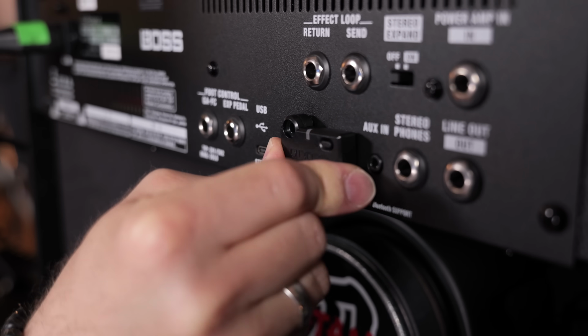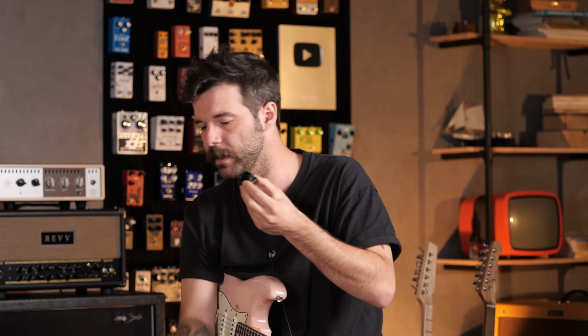Super small. It's a very big connector that lays flat on the back of your amp, so there's no chance of ripping that off or anything. You even get a little mounting screw, nice, that's already put in the amp. So that's optional. You can get that, but basically what that unit allows you to do is you put it in the back of your amp. You can use the new revamped Katana Tone